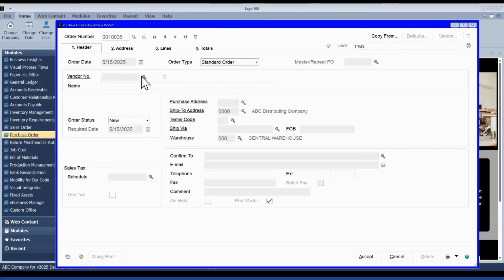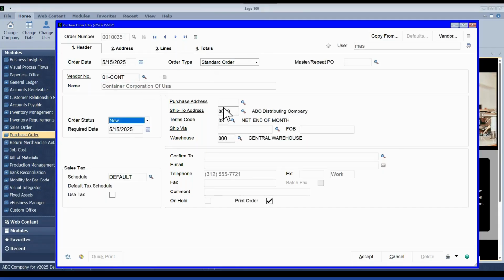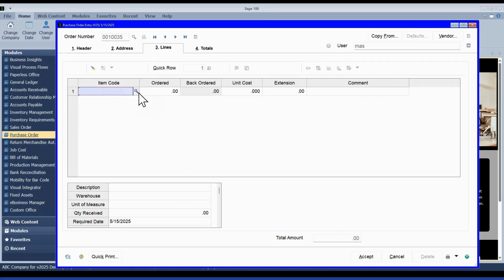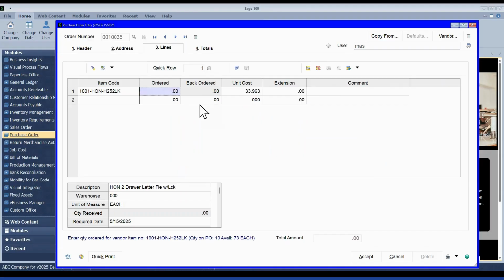For this one, I'm just going to leave everything at the default. When I added that one, I saw it was on for my warehouse. I think we want to order.